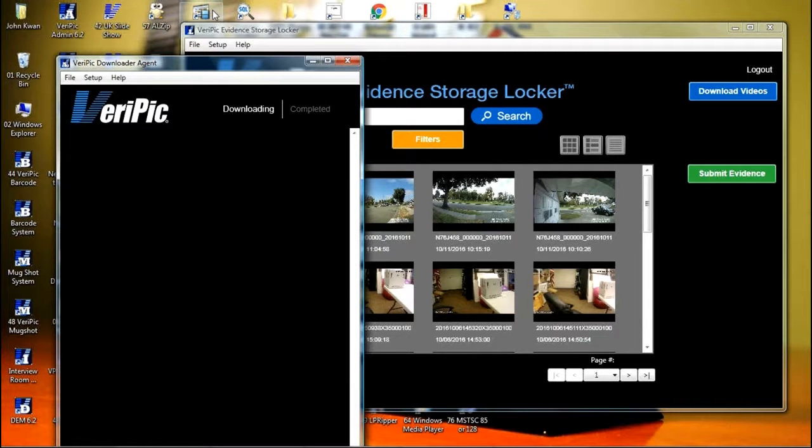One of the advantages of the VeriPic software is that it works with multiple body-worn cameras. The process is identical regardless of what camera you use. This means that you can mix and match multiple cameras on the same computer network. As you know,